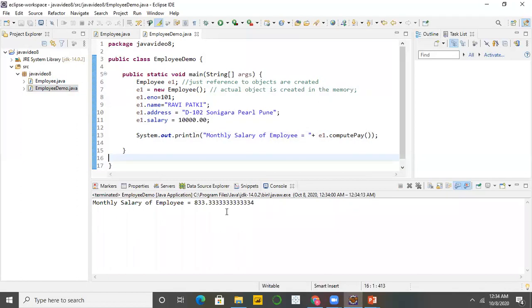Suppose you want to display the output in a formatted manner. Again go to this class and create another object. Now you can combine the whole thing in one statement also. Employee E2 equal to new Employee, and here you can write, I'll copy paste the thing.